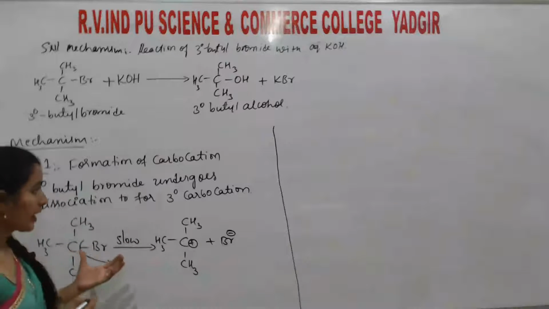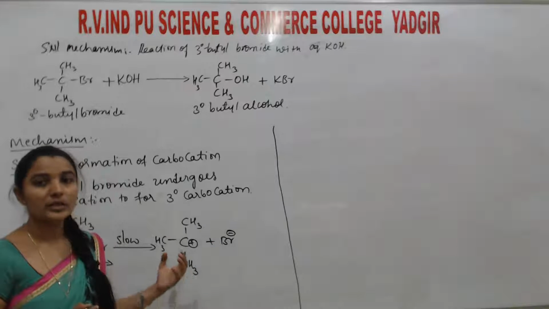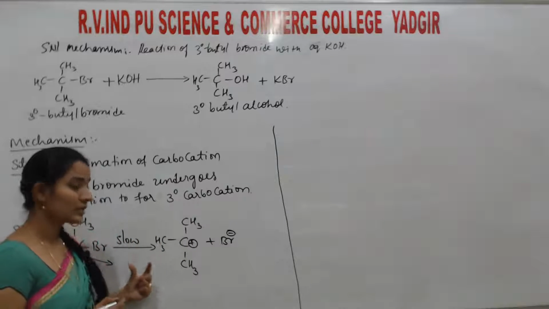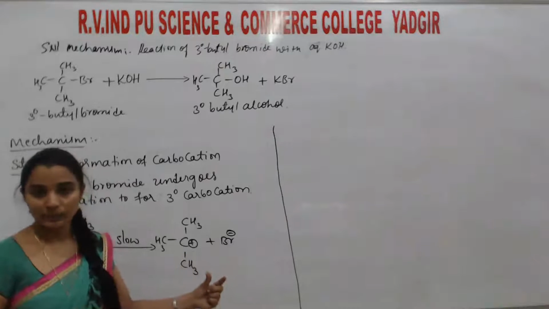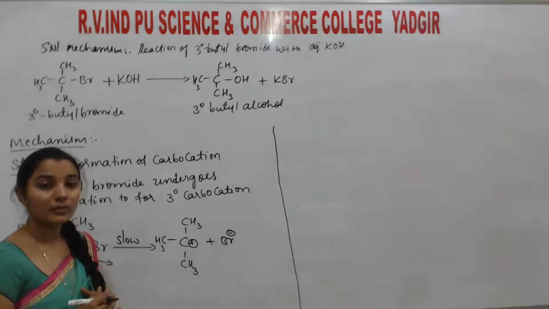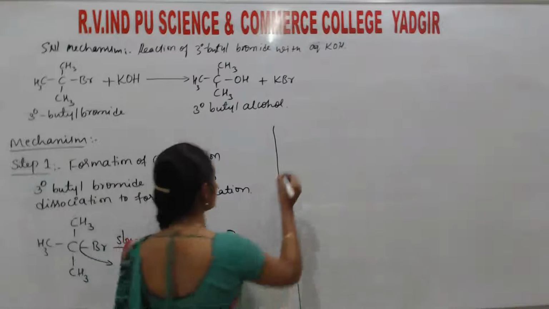So in the reaction mechanism, 2 steps are there. You know, in the chemical kinetics I already explained, the one which is the slowest step, that is the rate determining step. So this is the slow step. We can easily determine its rate, means time taken for the reaction. And the next one is step 2,